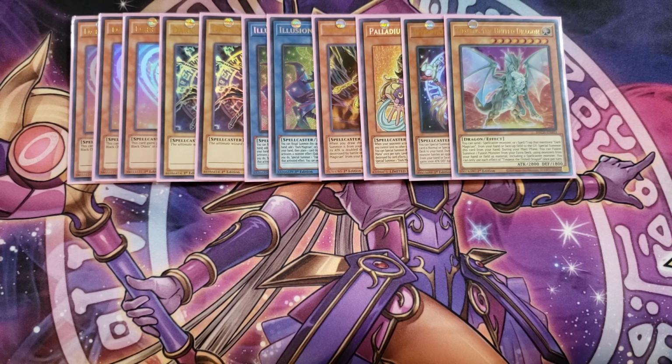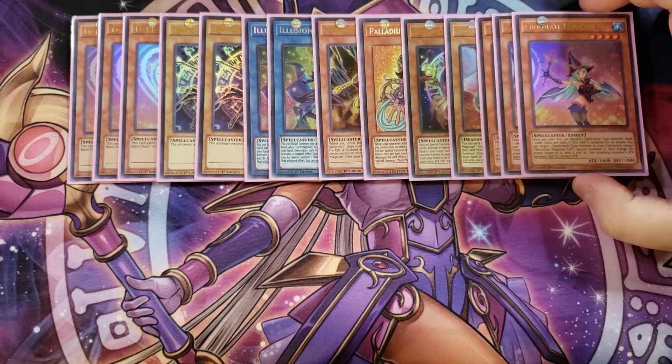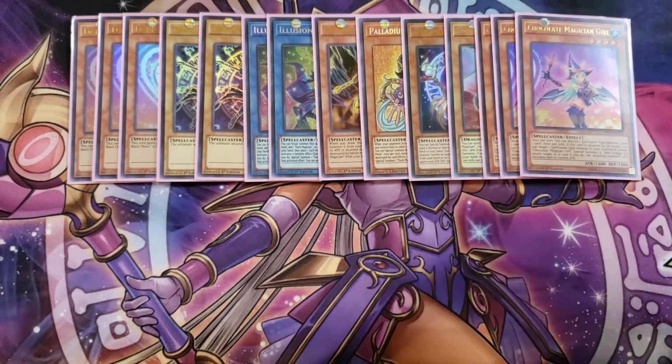I then play 3 copies of Chocolate Magician Girl. Chocolate Magician Girl is a great 3 of in the deck because, as you guys notice, we're playing a lot of high level monsters in this build, so this card can come in extremely handy to help our hands because once per turn you can discard a spellcaster monster to draw an additional card, and then once per turn, if this card is targeted for an attack, then you can target one spellcaster monster in the graveyard except another copy of Chocolate Magician Girl and special summon it,